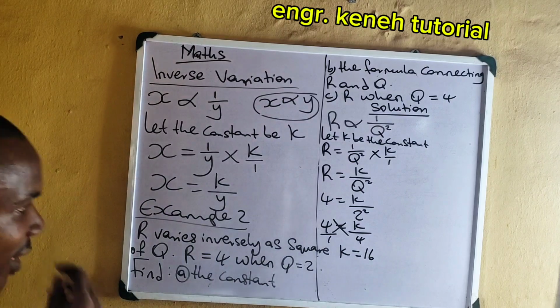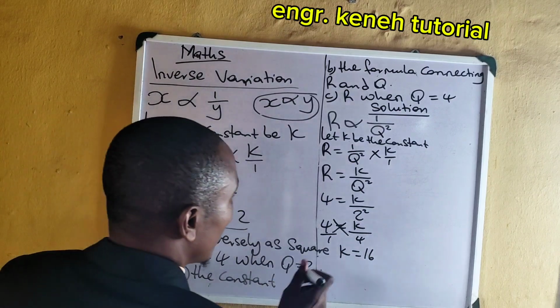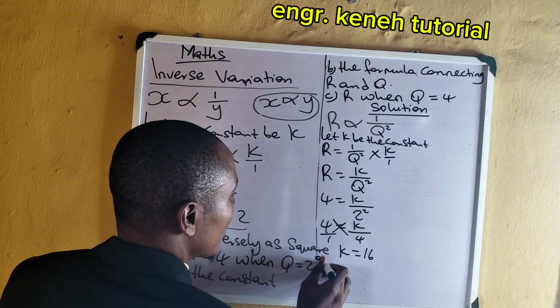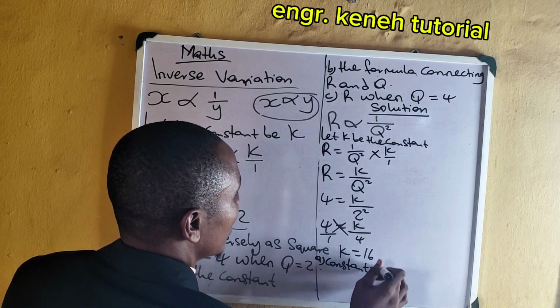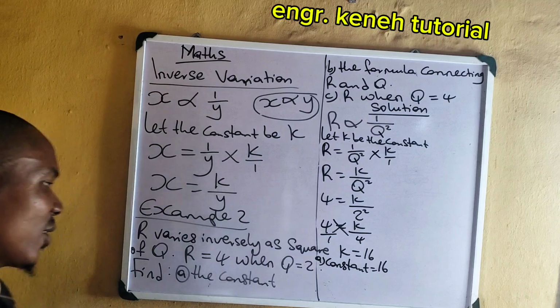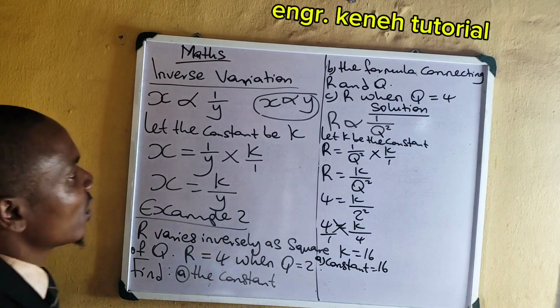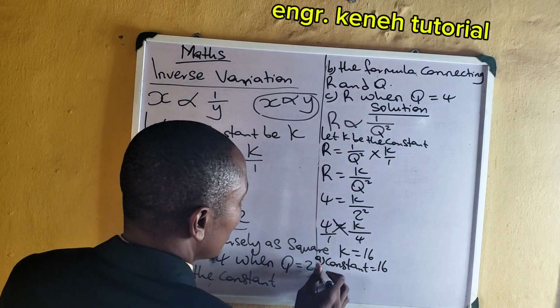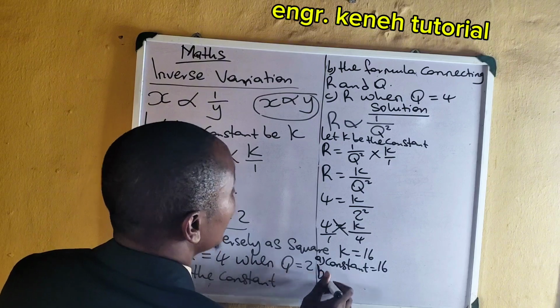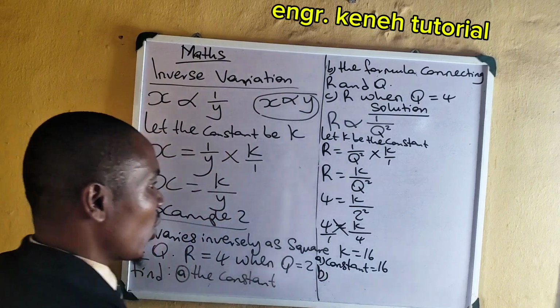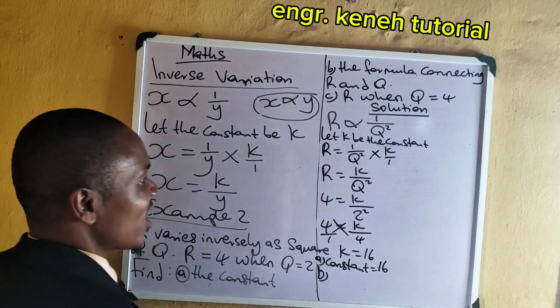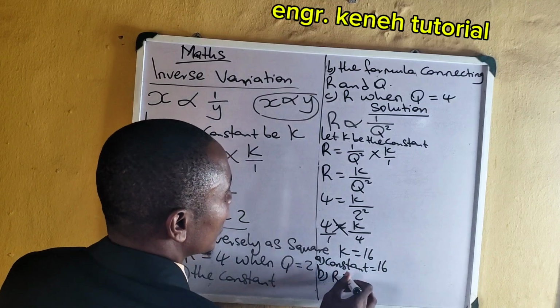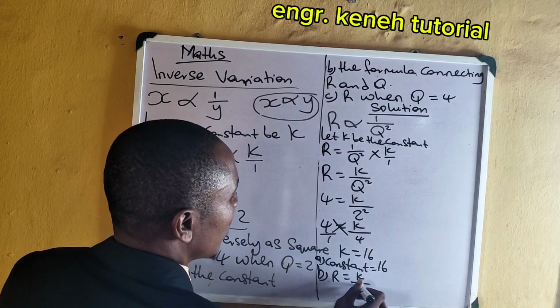So that means that the constant is 16. They say you should find the constant. It is equals to 16. Can you see that? All right. So let's solve number B. The B says you should find the formula connecting them. Formula connecting them simply means substitute the value of the constant. So we have R is equals to K over